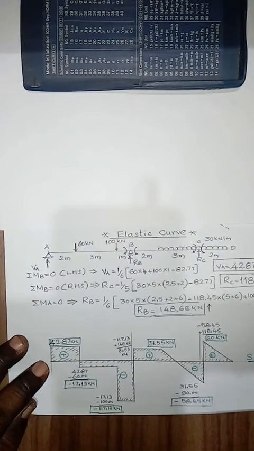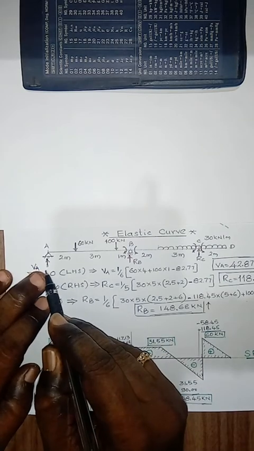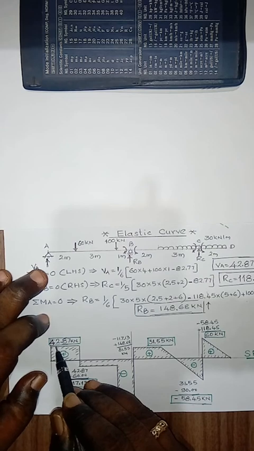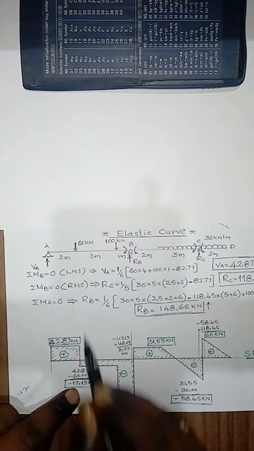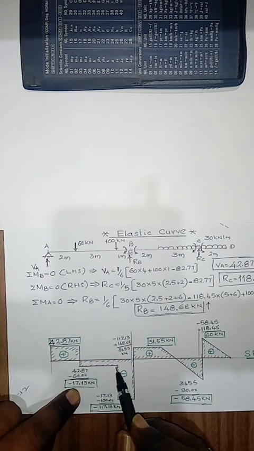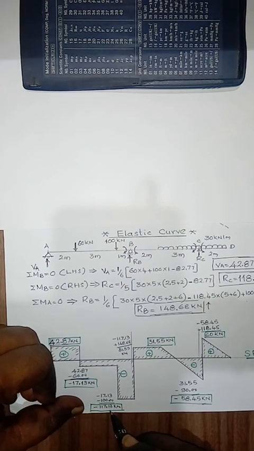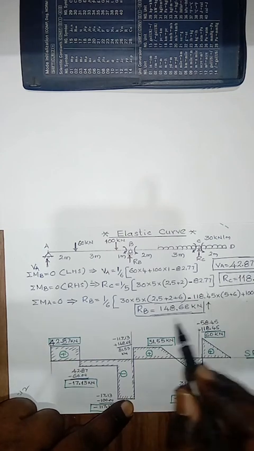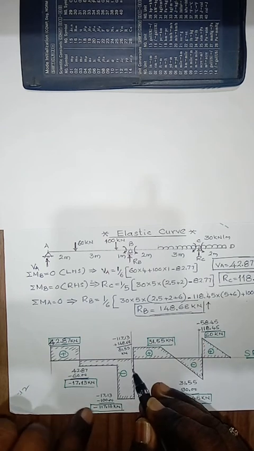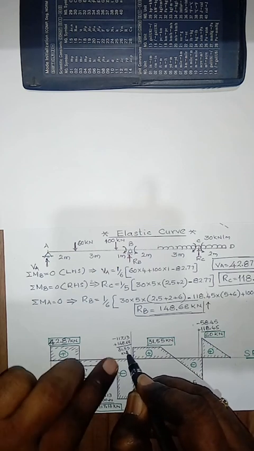Then the shear force variation is, if you consider the left upward forces as positive, 42.87, this one is left upward is positive. Here it remains constant. Minus 60, that is minus 17.13. Because of the point load, it remains constant. Minus 17.13 minus 100, that is minus 117.13. Then this remains constant. Here there is a support reaction RB, 148.68, so minus 117.13 plus 148.68, that is 31.55.